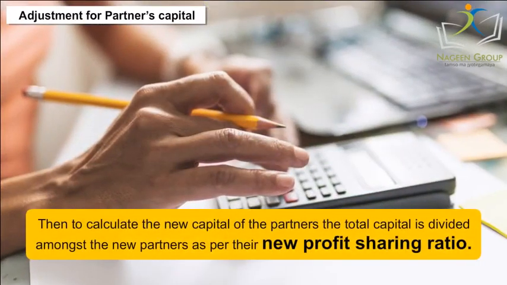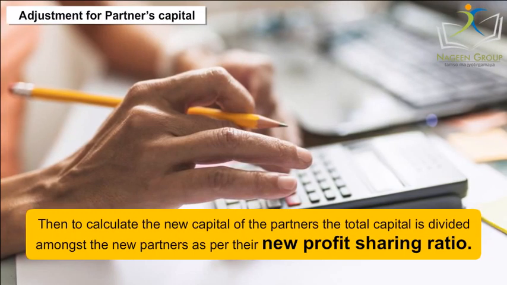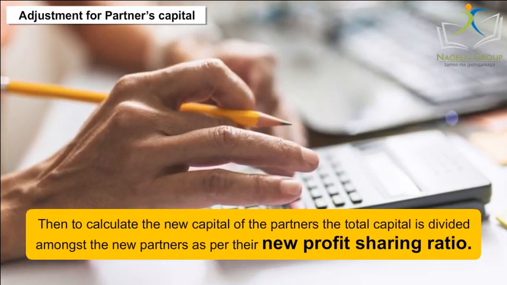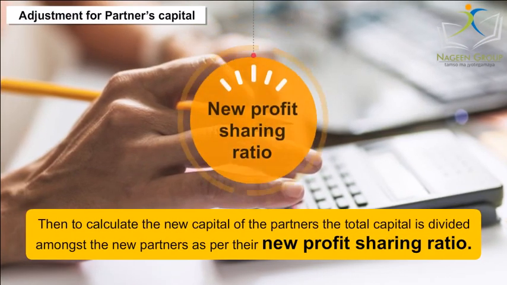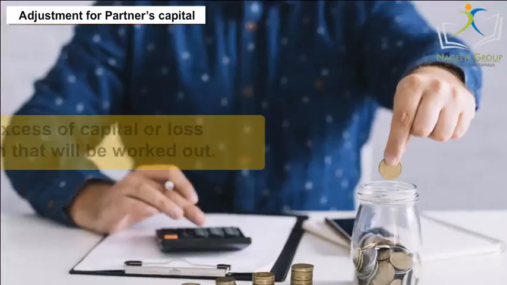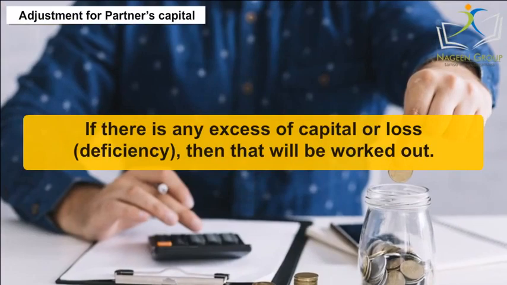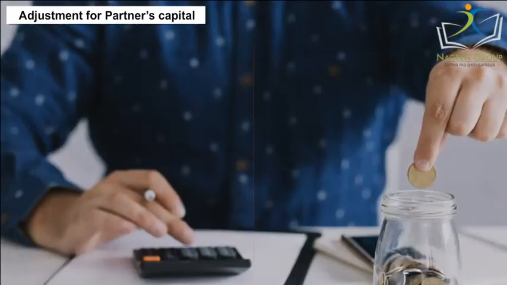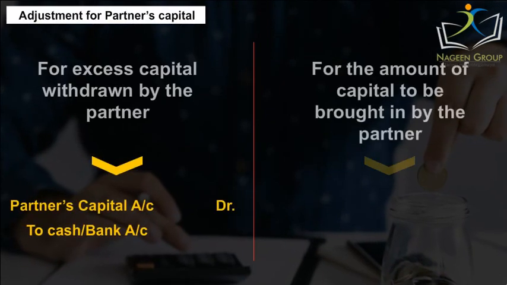Then, to calculate the new capital of the partners, the total capital is divided amongst the continuing partners as per their new profit-sharing ratio. If there is any excess or shortfall of capital, then that will be worked out. The journal entries for the same would be: